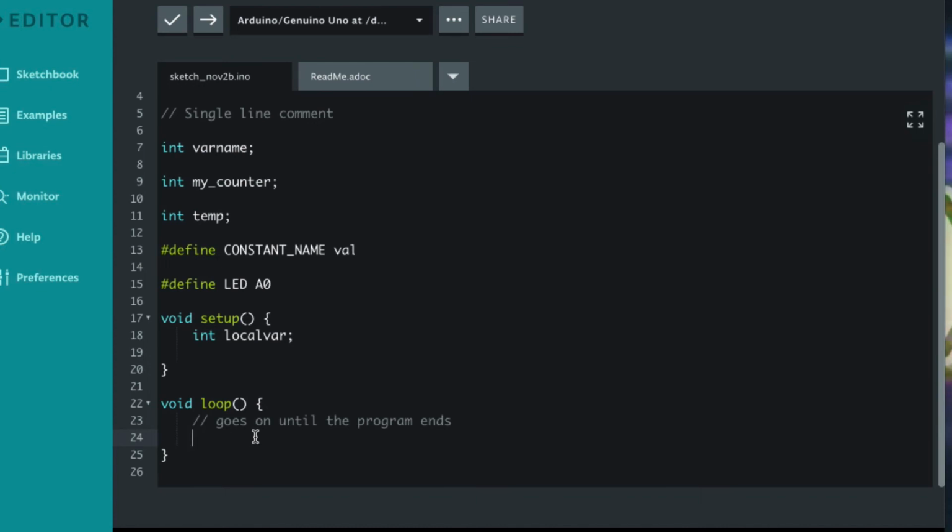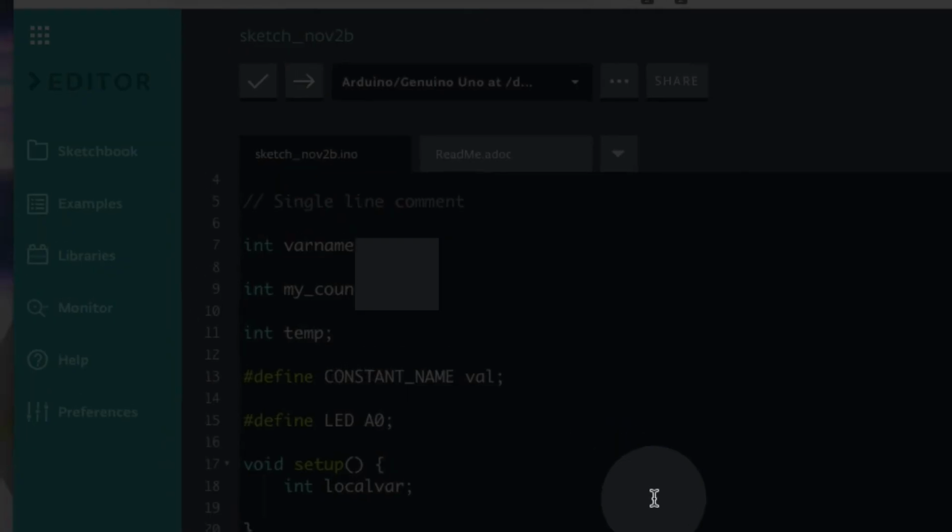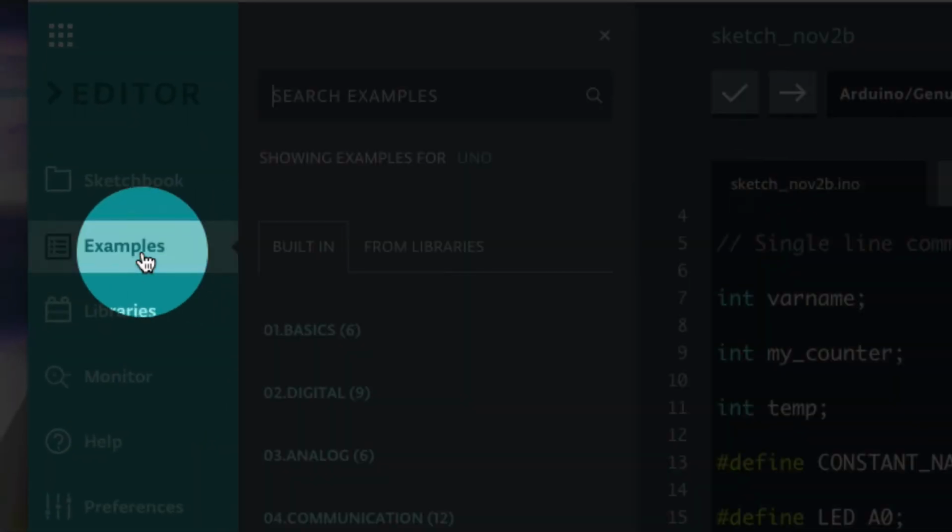So the loop will actually execute, then it'll check the serial, then it'll loop again. But we can ignore all that, it's done for us. So that is the structure of a script or a sketch,